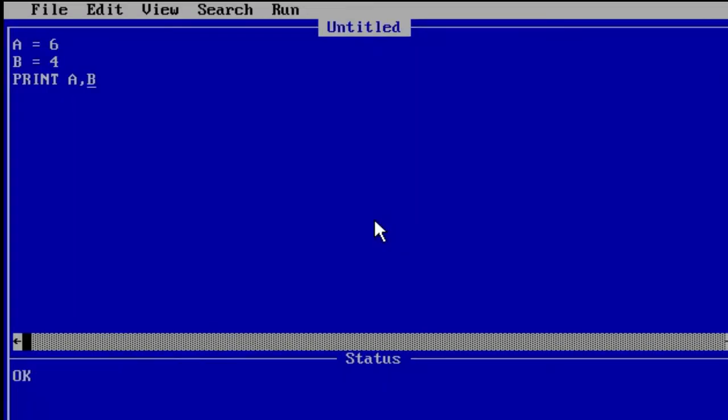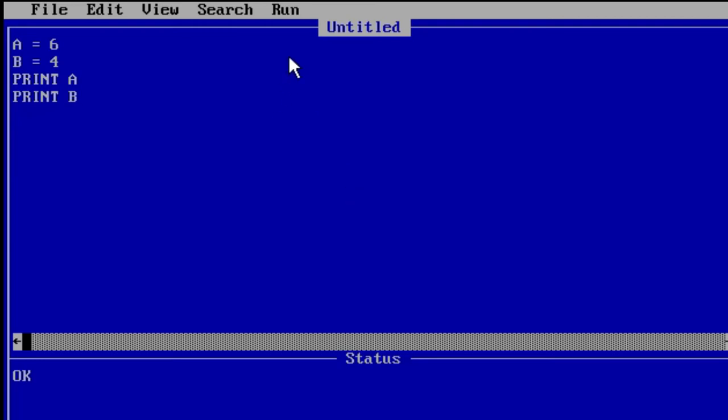Okay, got it? We can write it on one line or we can write it on different lines using two print statements. So a is 6, b is 4, that means a holds the value 6, b holds the value 4, and now we are printing those values on separate lines. So we have written print a and print b.